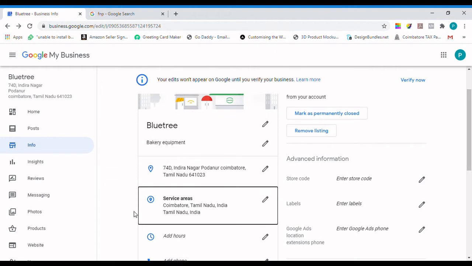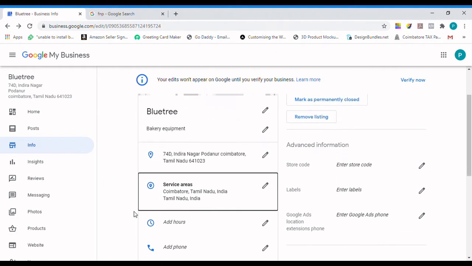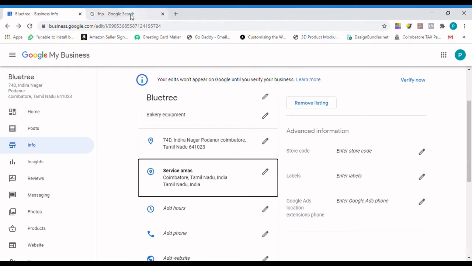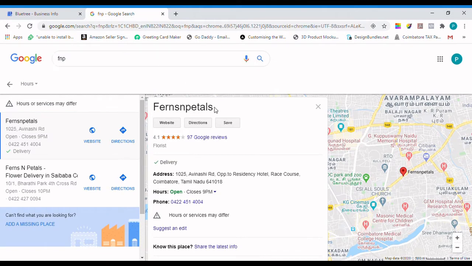So let's say we'll keep it like this and go to the browser and check. This is the company name and this is the website details. Below here you'll find the address, the timing, and the contact number. All this information, and the website address too. All this information at the top which you see for this company is coming from the Info section.